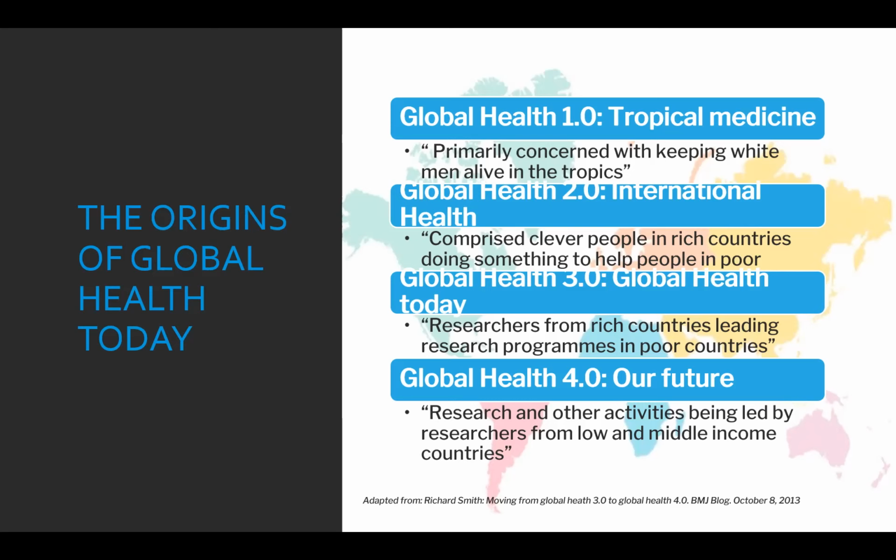Then global health 3.0, when we started using the term global health, and this really includes issues that transcend national borders, and it really needs to have global cooperation, not just bi-directional cooperation. It's health equity for all peoples and focusing on both equity and equality. And it's more interdisciplinary and multidisciplinary. So you're looking both at the direct and indirect effects, as well as the downstream and upstream.